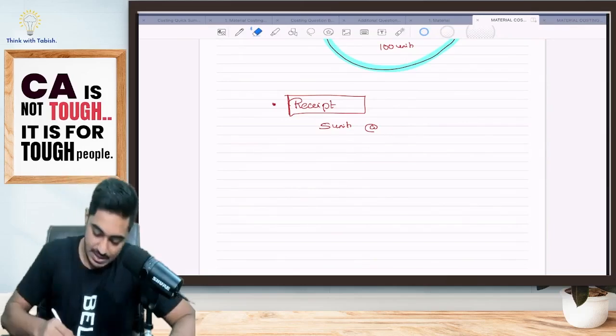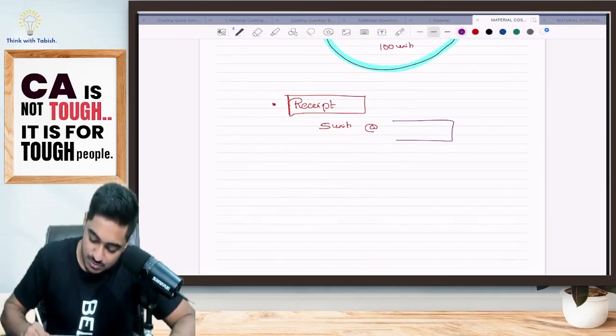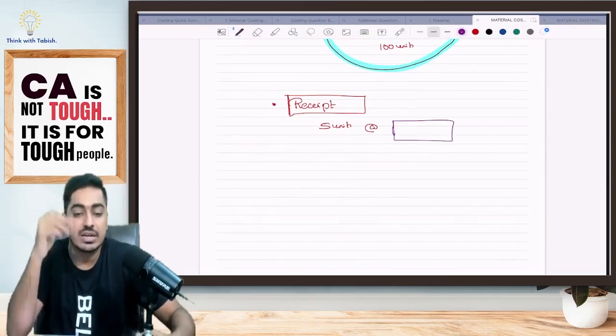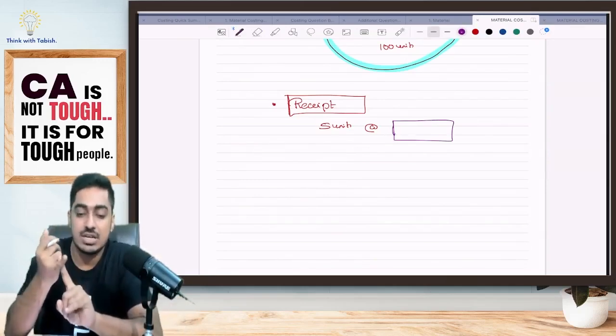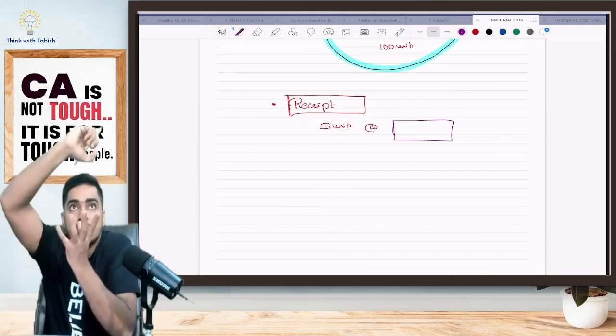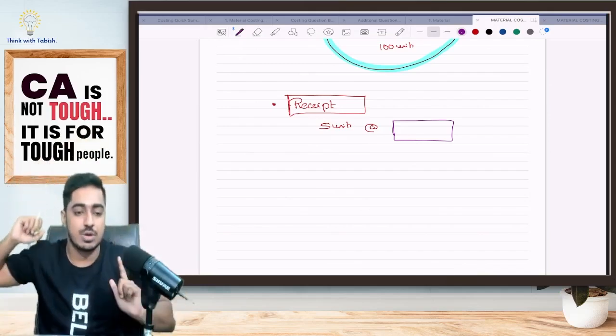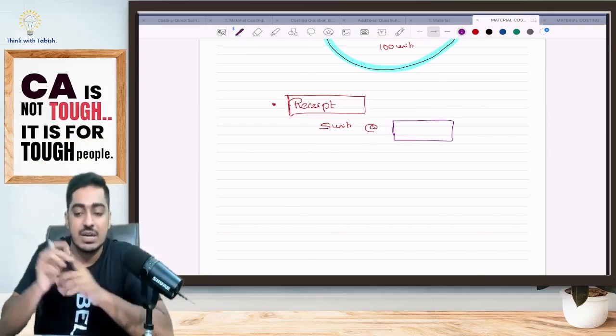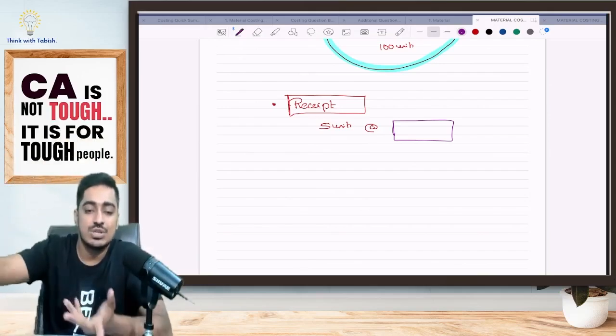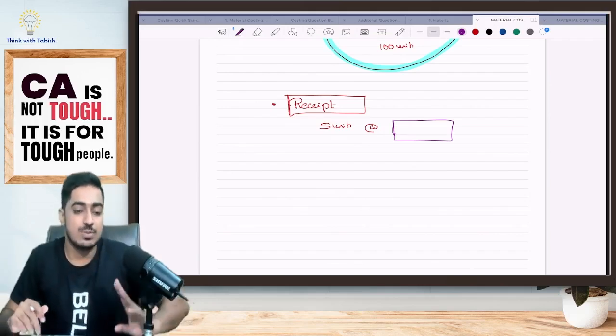Okay, fine. That means some goods are returned, but at which rate they are returned, I don't know. Till now, key points, pay attention. First one, goods are returned from production. That means in stores I am receiving in the receipt column. Which rate? If a specific rate was available, I would have used that. But those goods are not issued, so I cannot use that. Then which goods am I going to return?